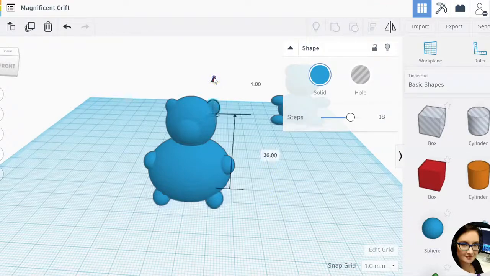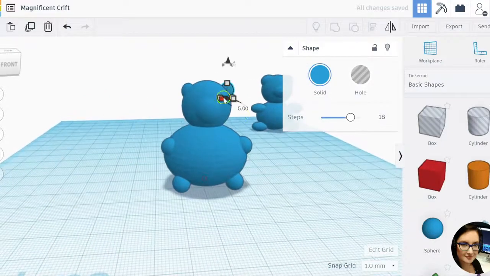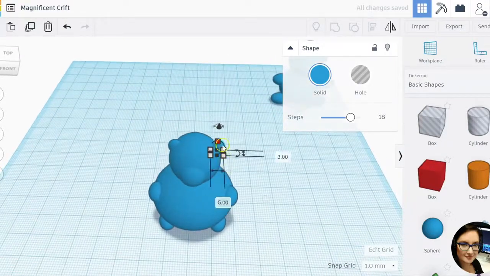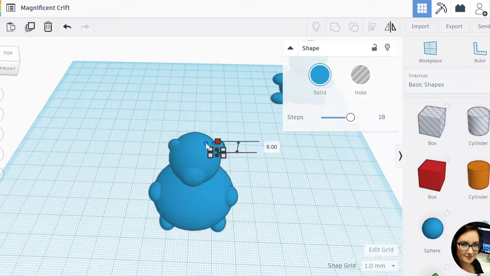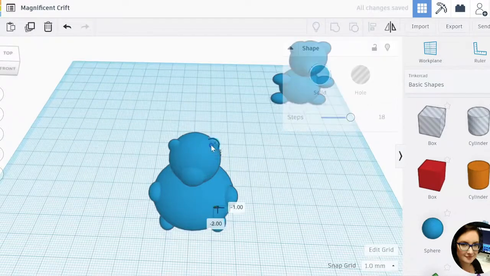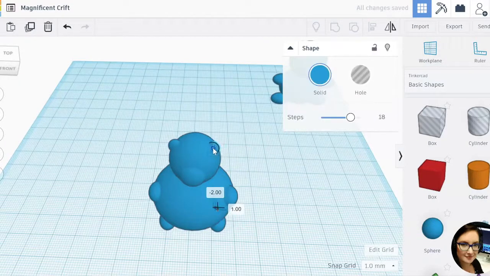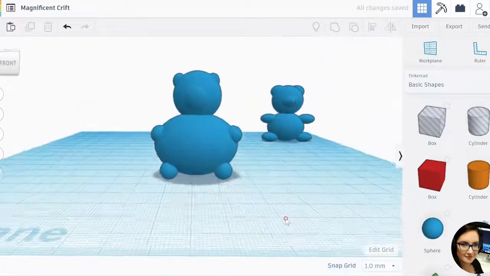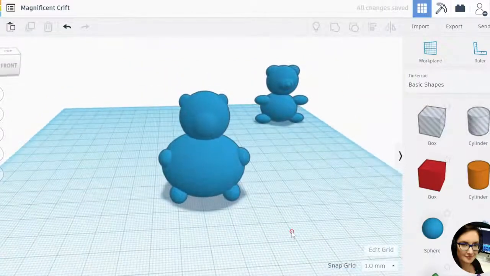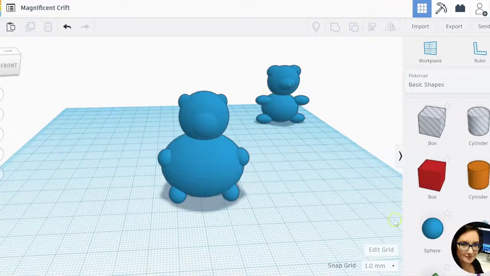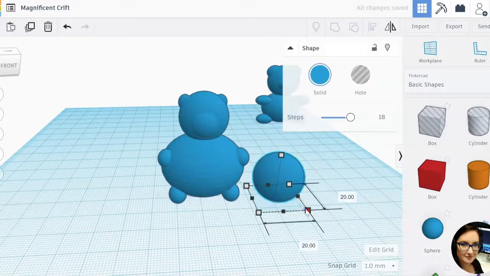Just going to see if I can get that ear lined up with the other one. Okay, I think I like that better. And maybe let's try again for a little nose, and we could even do some eyes if you like.